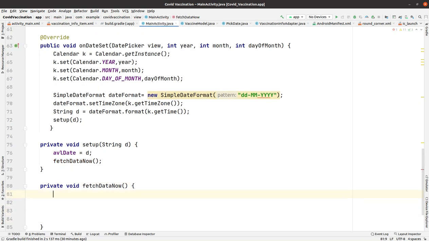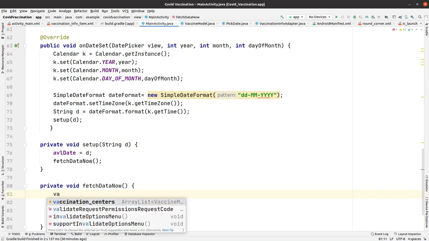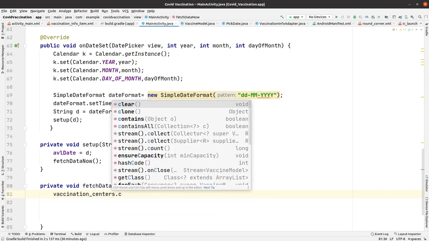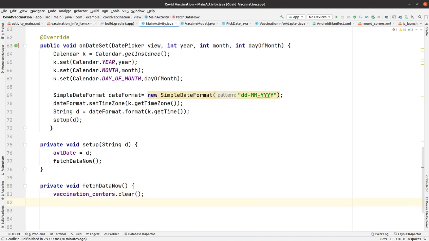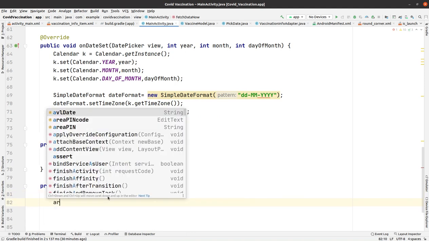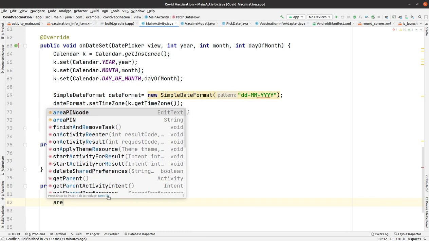Also we're going to need Volley library for API call. Okay, so for now we have this list and I have to clear it, so I'm clearing this list right now. Then we have to get the text from added text box to a string, so I am doing that, get text,